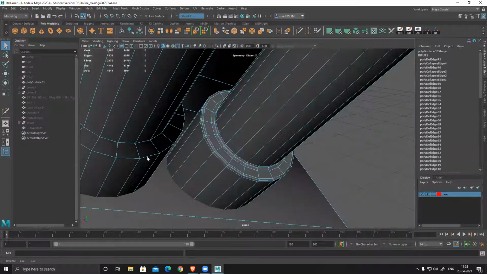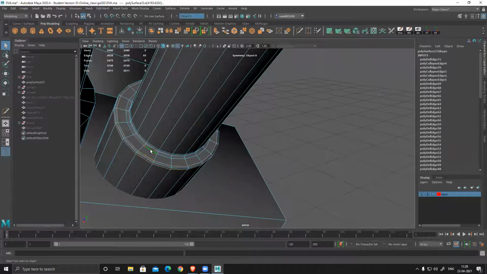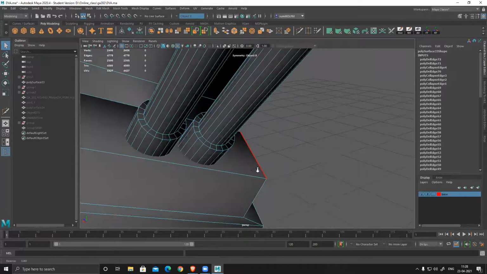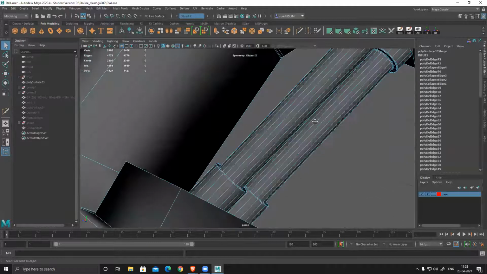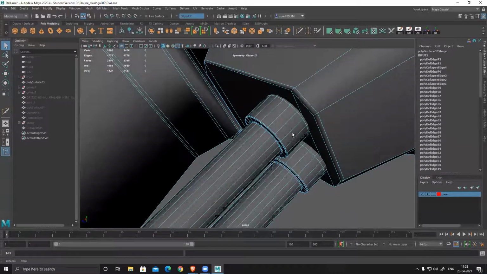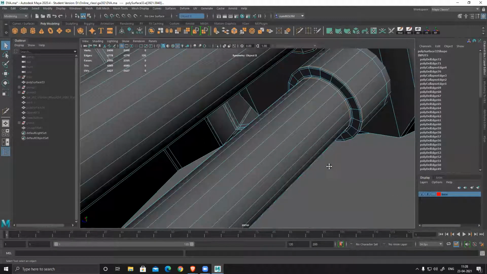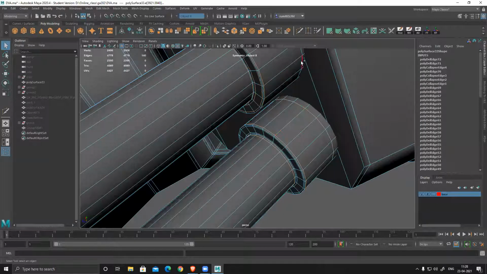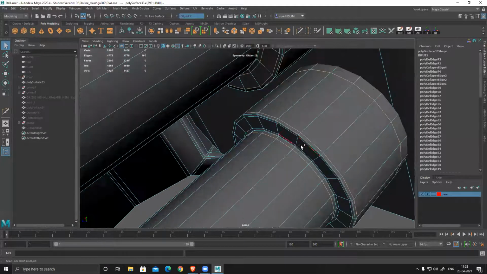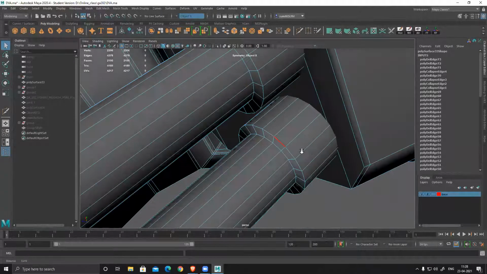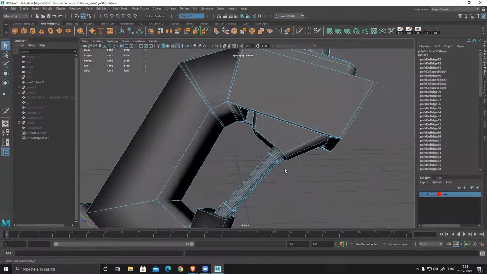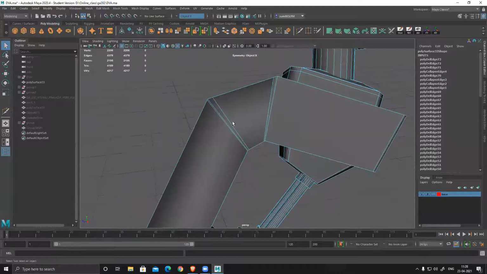Delete edges. All unwanted edges, loops, everything I'm removing.